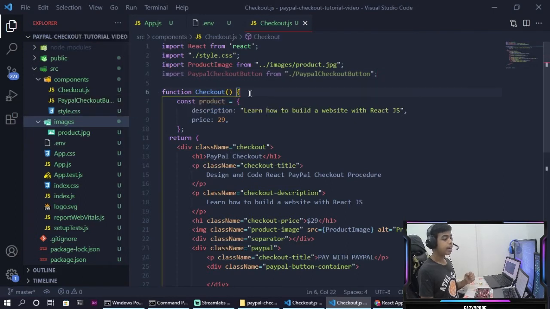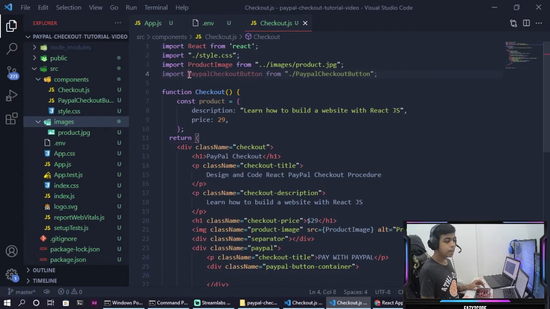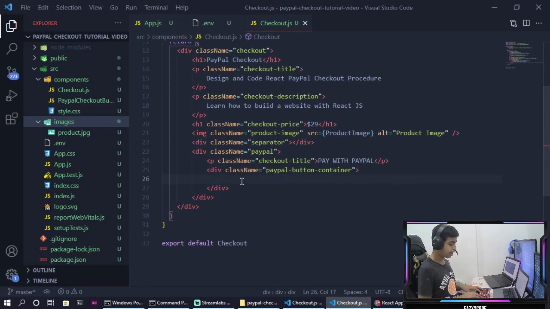Alright, and after you have imported it, what you need to do is wherever you would like to display your PayPal button, just call it over there. So I would like to display it in this PayPal button container. So now let me just call my PayPal checkout button over here. I'm just going to copy that and call it over here. It's that simple. Now you will be getting to display your PayPal buttons, but not now